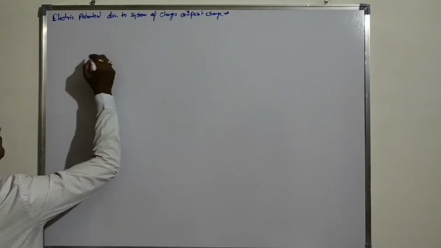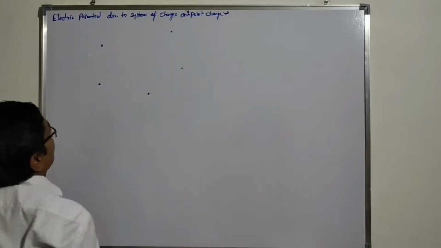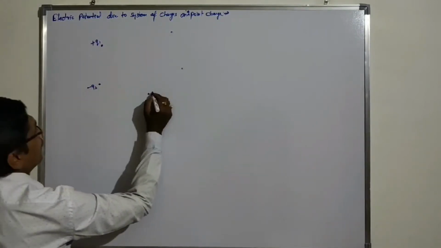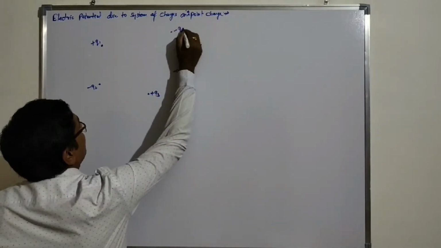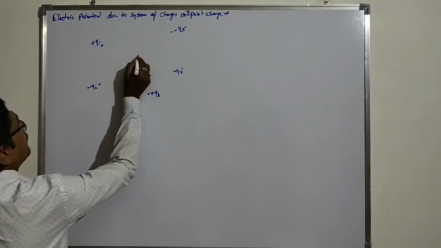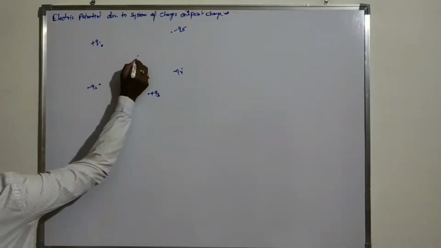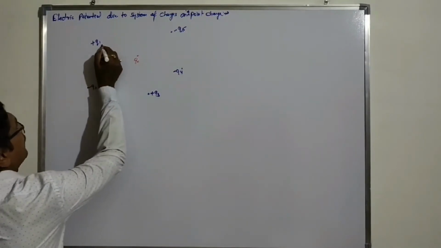Suppose here are many charges. This charge is plus Q1, this is minus Q2, this is plus Q3, this is minus Q4, and this is minus Q5. And we have to find the electric potential at a particular point, or at a particular charge. Suppose this is a test charge. At this point we can find the electric potential. So the distances between them are